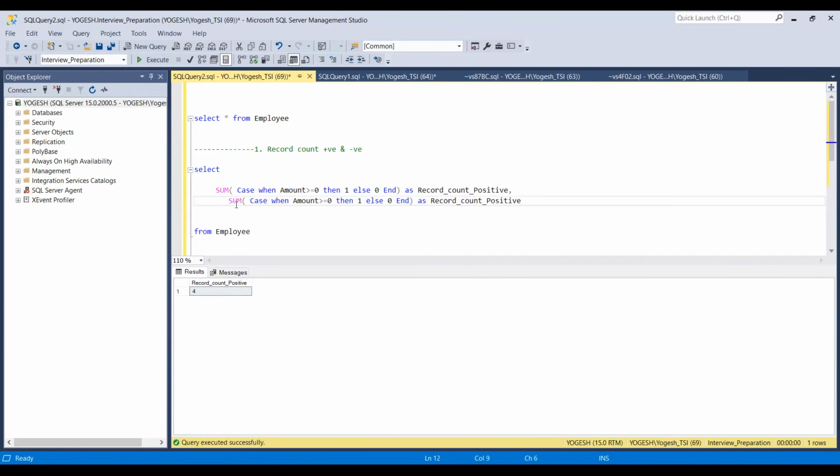So if I need negative values from this, I'll do just the opposite. Now I will replace these positive values by 0, and I will have a 1 if any negative value is there. Then how can I do that? Using this condition only. If amount is less than 0, then 1, else 0, then it will give us a negative record count, right?